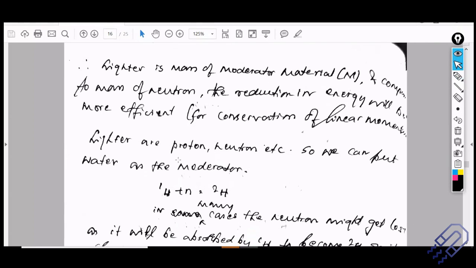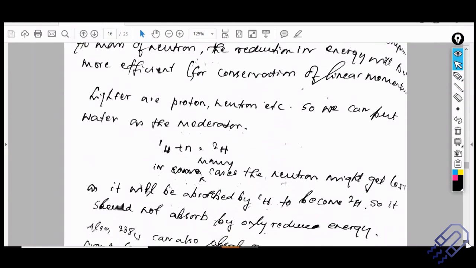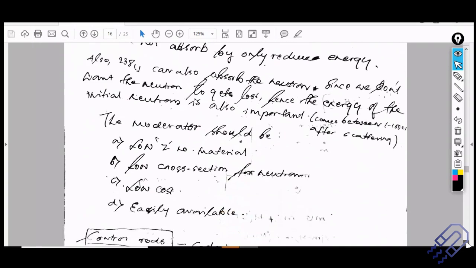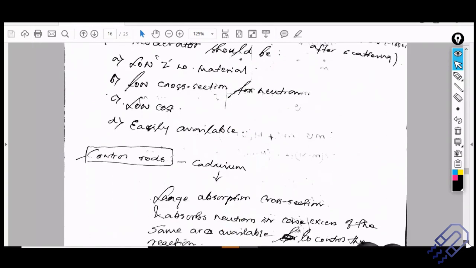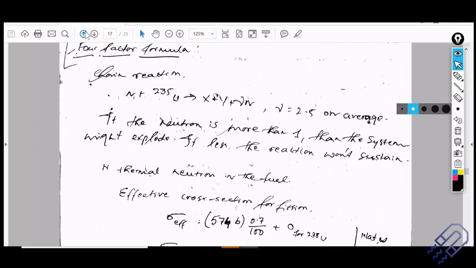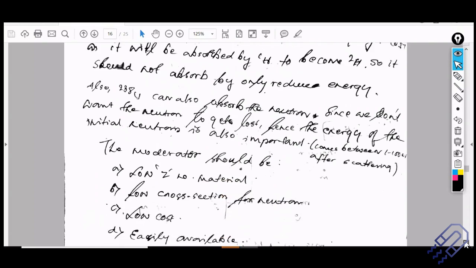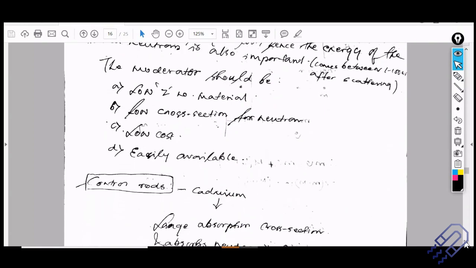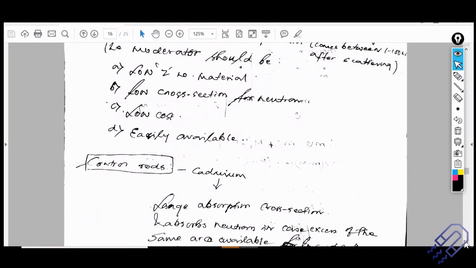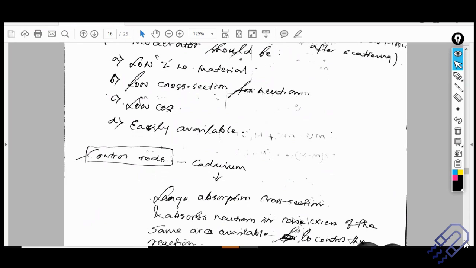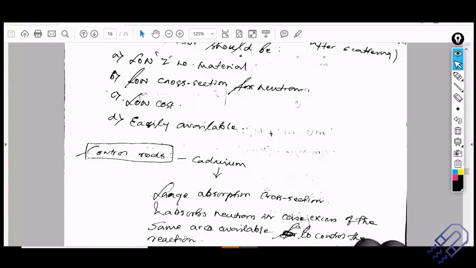So that actually ends your topic of nuclear reactors. I'm not explaining nuclear reactors here. I'm just trying to throw more light on the use of these materials, the control rod, the fuel and the moderator, specifically on fuel and the moderator. The control rod is cadmium, which is a very good material because it can absorb neutrons. The nuclear cross section for neutron in the case of cadmium is more. So it has got a large absorption cross section, and that is why cadmium is used.